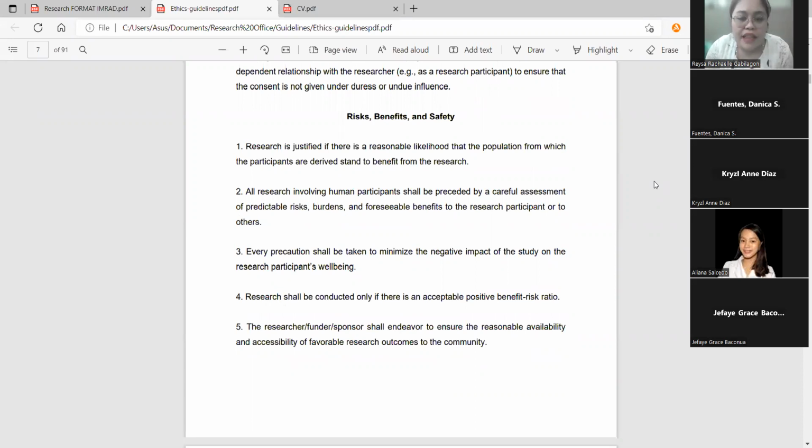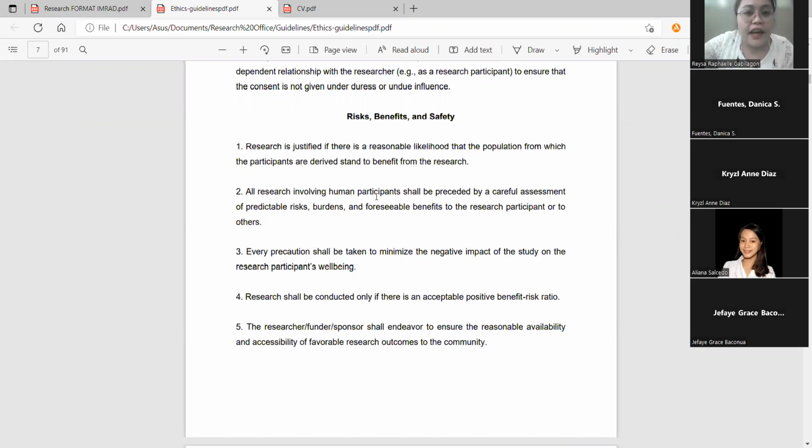And at the same time, in the ethical consideration, you have to explain how you are going to alleviate the risk or the burden or even the harm that may cost your respondent. And how will you compensate them? Okay? Paano natin bibigyan ng compensation if ever merong harm na mangyari. If ever lang meron. Siyempre kung wala,